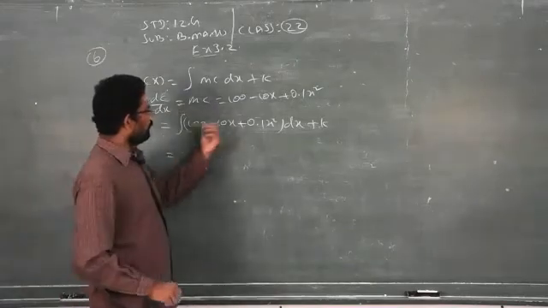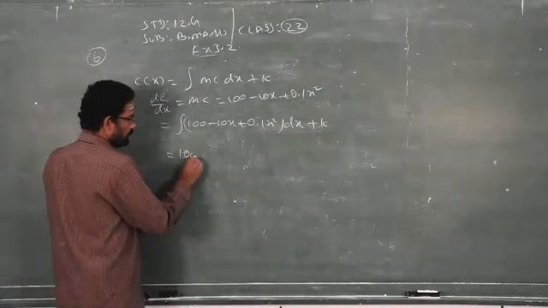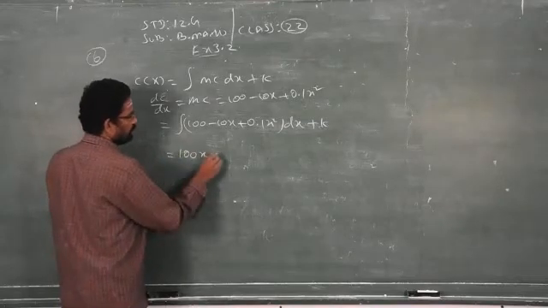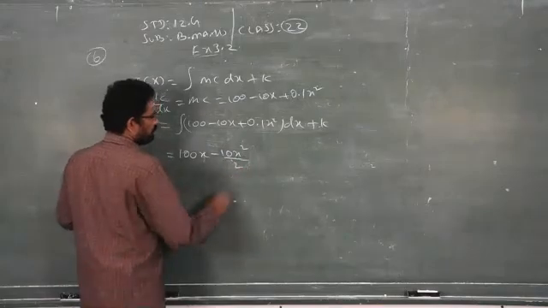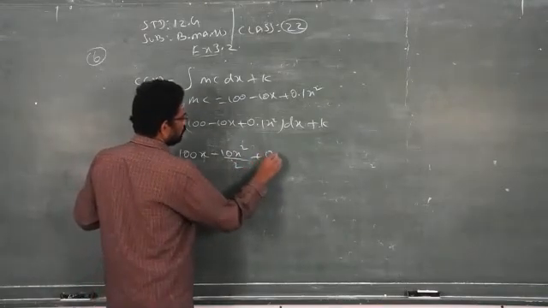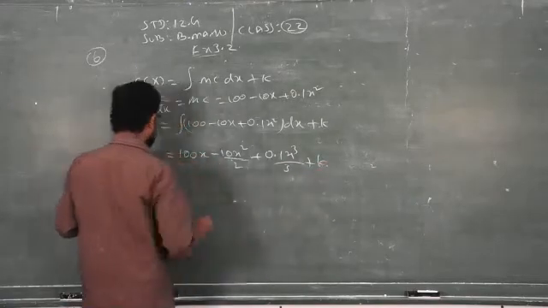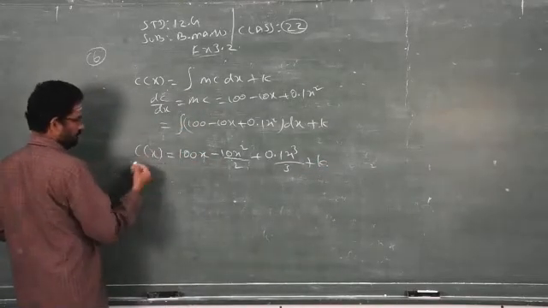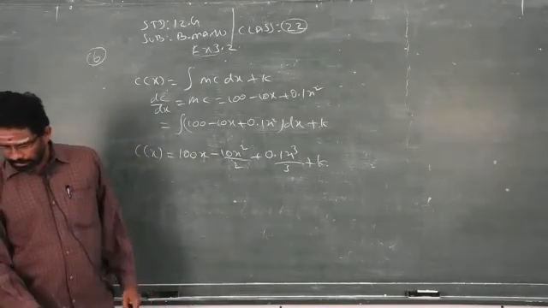You can integrate and finally you can add plus k. So nothing wrong. So now you have to integrate. Normal integration. Integration of a constant is constant into x. Add 1 to the power of x. The power should be the divisor of the particular term, plus 0.1 x cube by 3 plus k. It is C of x. That's the answer. But some information is given in the next step.